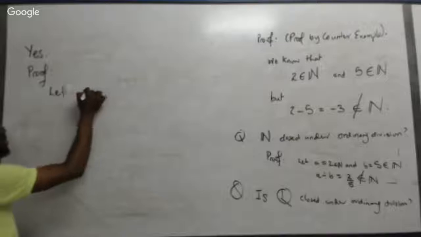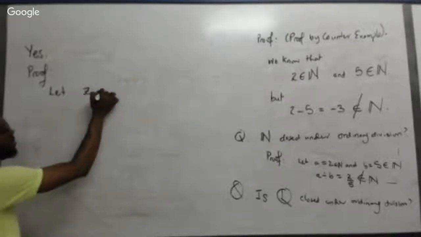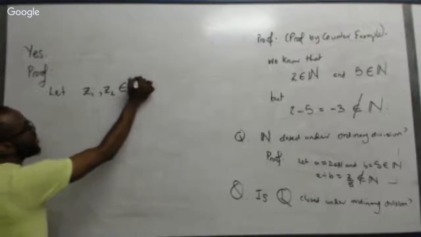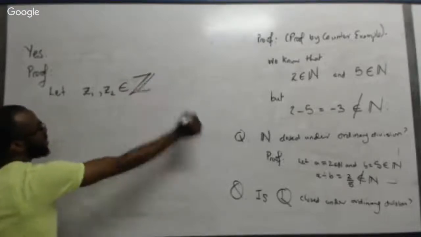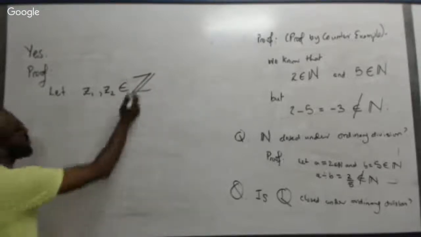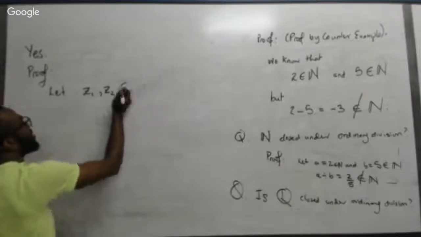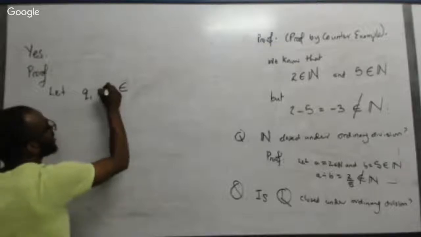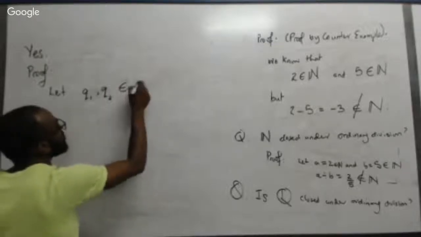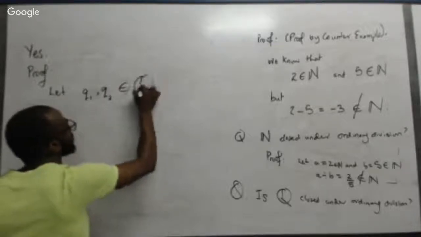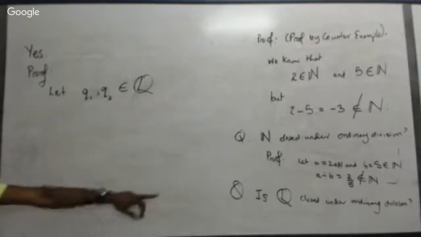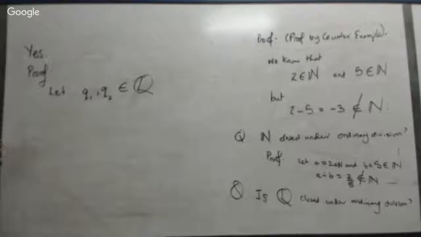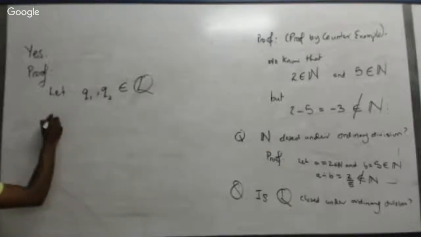Let little z1 and little z2 be in the set of integers. Oops, that's not that one. Let little q1, for quotient, and little q2 be elements of the rational numbers, because I want to choose 2 rational numbers. Good. Such that